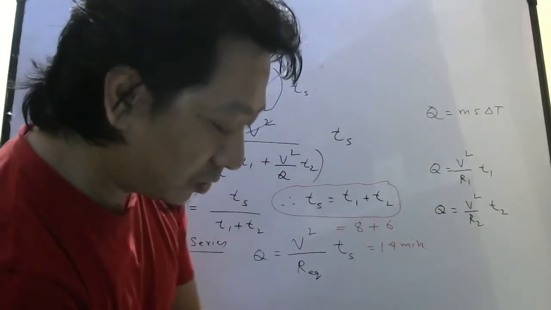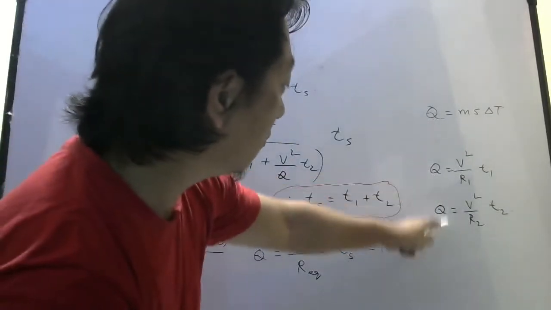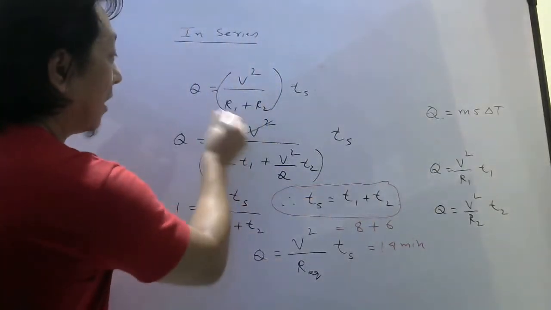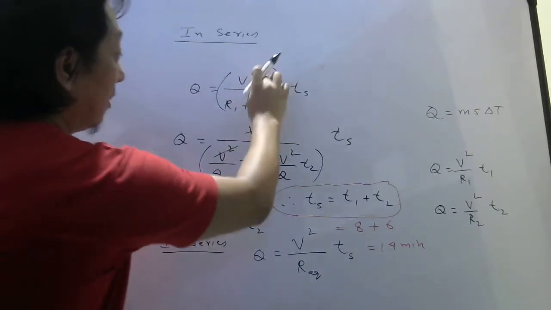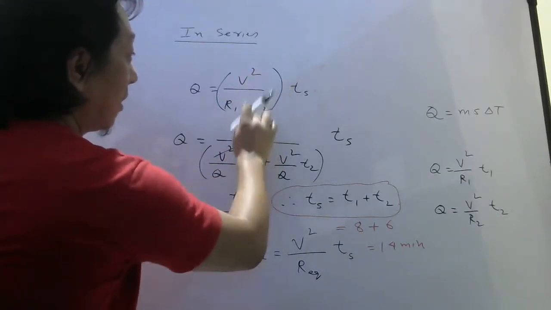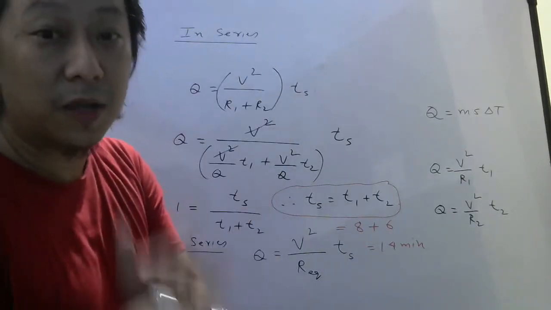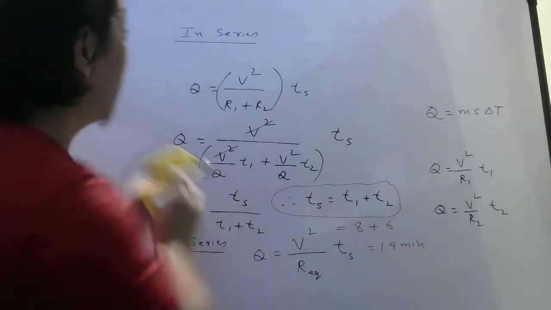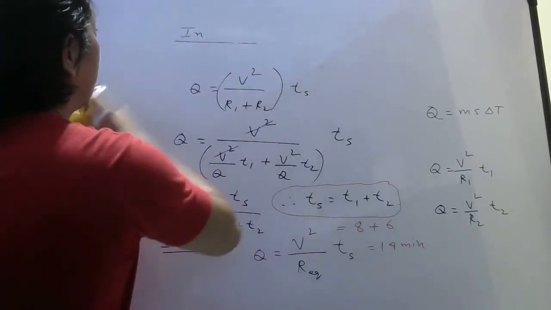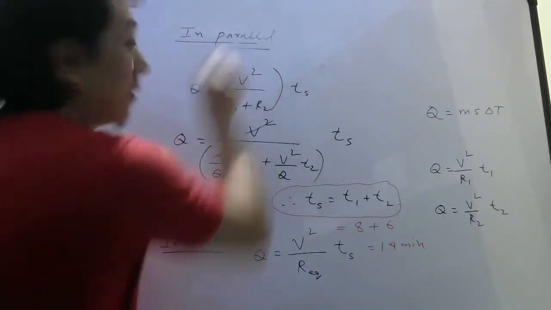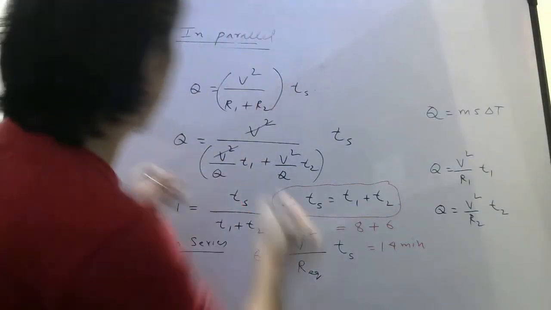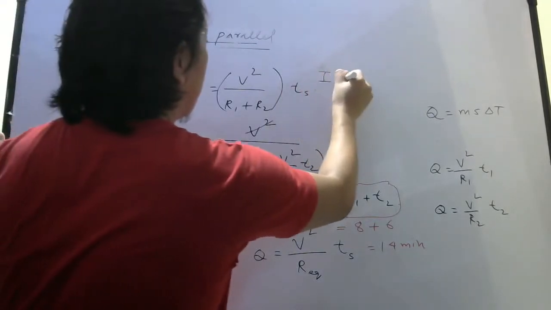Now when it is used in parallel, these two are obviously the same. In parallel, here you have to write R equivalent, and that will be what? That R equivalent, you can write 1 by R equivalent equals 1 by R1 plus 1 by R2. And that I want you to try. So if the two coils are used in parallel,